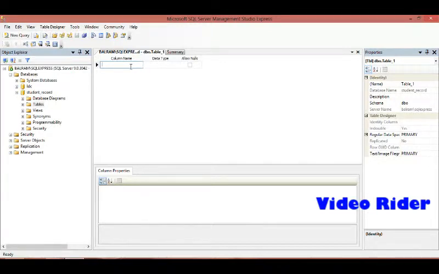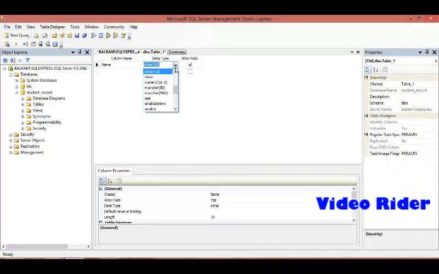So here you type your column name, for example name, and the data type, whichever data type you want. Here you select nvarchar, and the size is 50, and Allow Nulls. If you uncheck it, then it does not allow nulls.